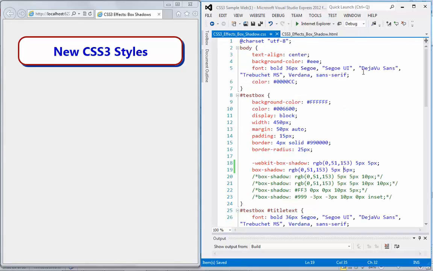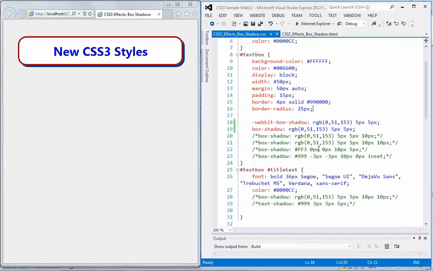If we take a look at the CSS, I have at the top, of course, the basic setup for the page. It's similar to the last example, but a different color scheme. We set a border radius of 25 pixels for now. And then below that, I have my box shadow properties. The hyphenated WebKit one first, that would be just for older browsers. And since we're only going to be using desktop browsers and the newer version,